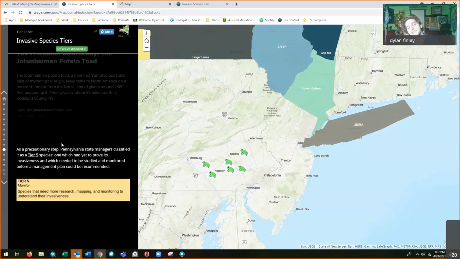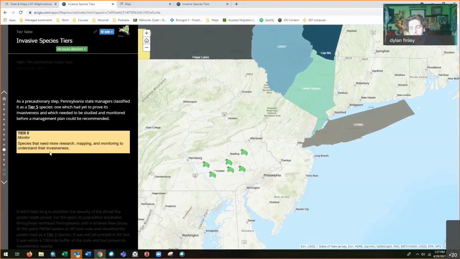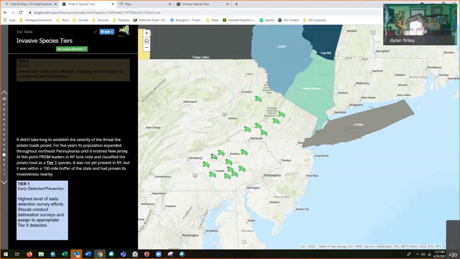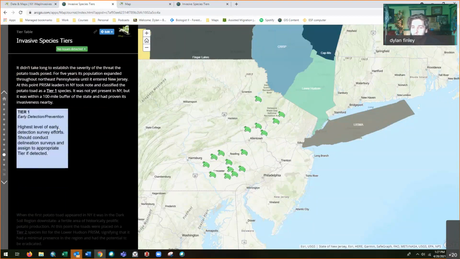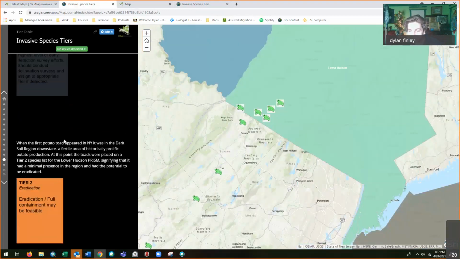But anyway, in this story, I show how a species might have become a tier 5 initially when it was unknown how its invasiveness was going to play out. As it became more invasive over time and moved further north, it fell into that 100-mile buffer around the state and became a tier 1 species. Then it started popping up in the Lower Hudson PRISM in New York as a tier 2 species that needed